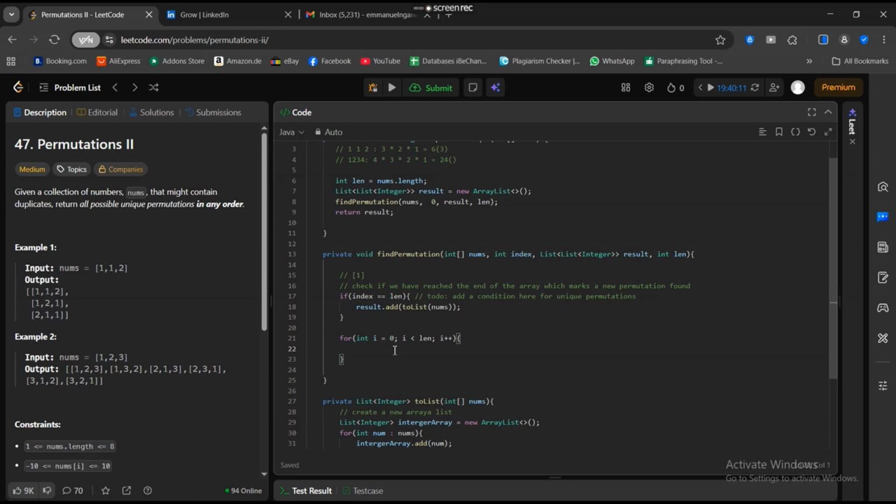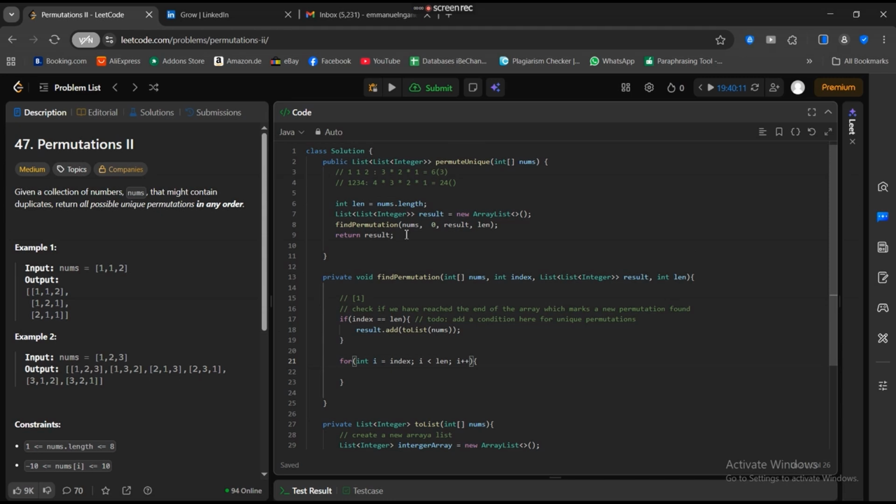All right, so we are going to iterate. So we have that, right? And we're going to iterate at... right, so this is not equals to 0. This is equals to index, because, like I said, we are not starting back. We are starting from the index, and at each index we are trying to look for the number of choices at that index that are left to be made, right? And that's the idea. So we're starting at that index, iterating to length - 1, i++, and